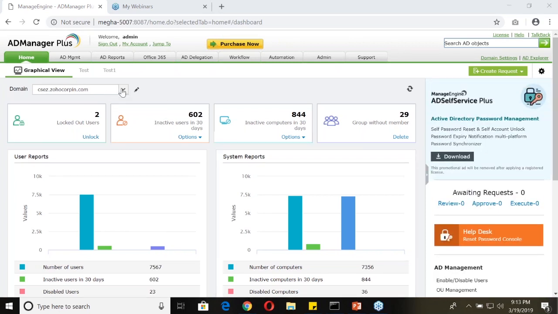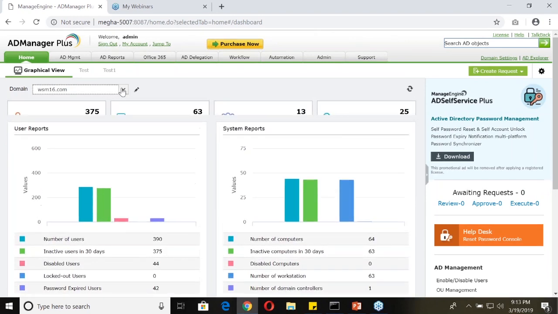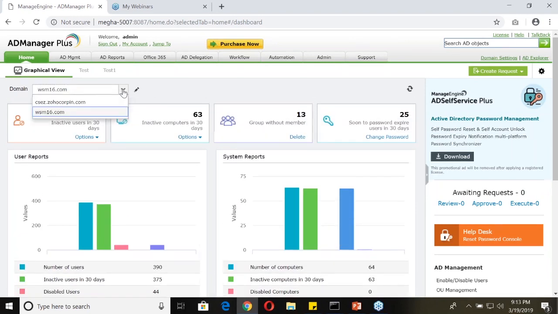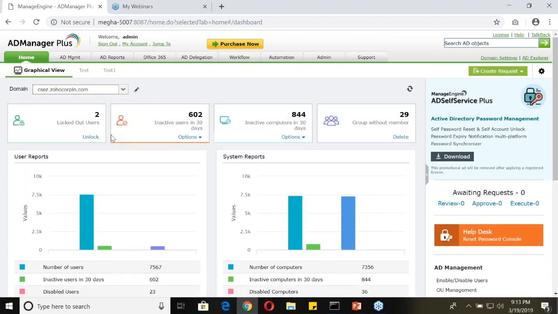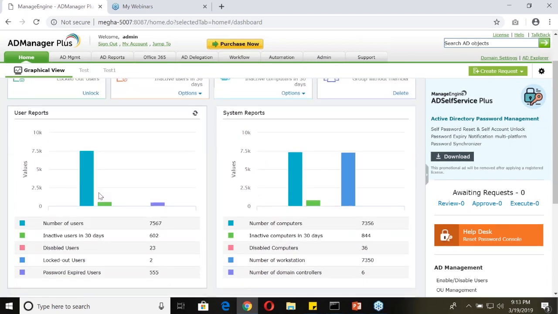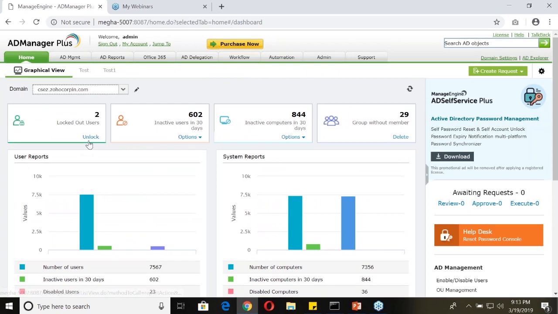And then we moved on to another important feature, which is the multiple business workflow, where you can configure any number of reviewers and then approvers. And you can see, you can configure a new rule and then assign a specific business workflow along with the priority and the notification. And apart from AD delegation and AD management and reporting delegation, you can also delegate Office 365 and G Suite